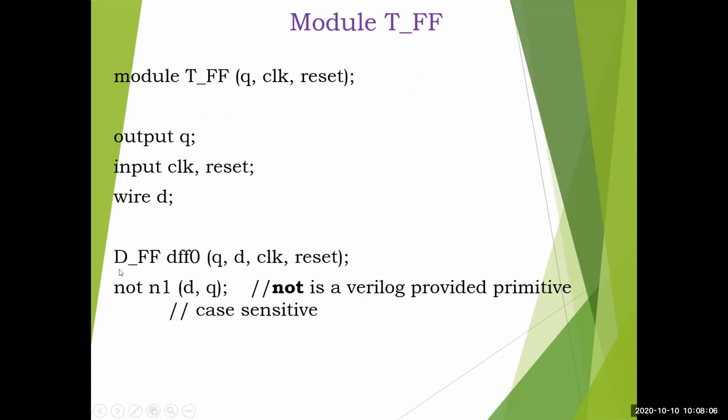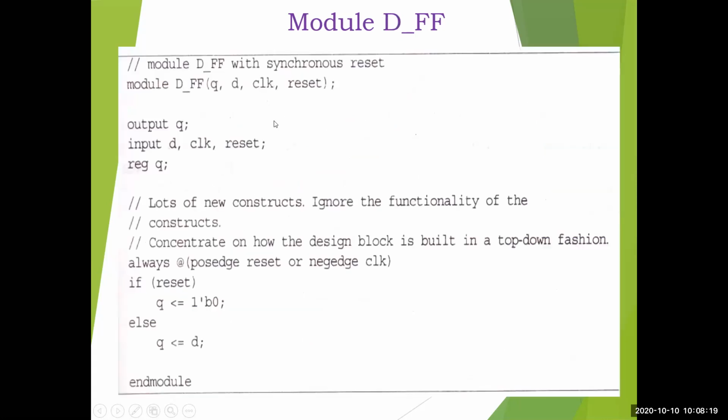Now again we have defined here. NOT is already defined in Verilog, but the D flip-flop is not defined. So you have to define the D flip-flop module, the third Verilog program you have to write, to define the behavior or functionality of this D flip-flop. It will look like this. Just try to understand whatever much you can, don't bother. Explanation we'll do in behavioral description.